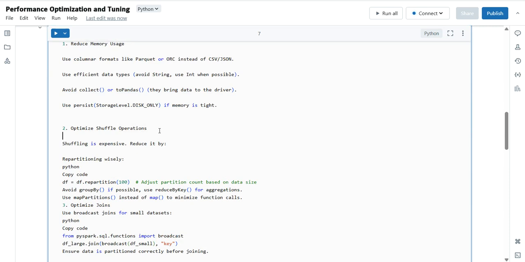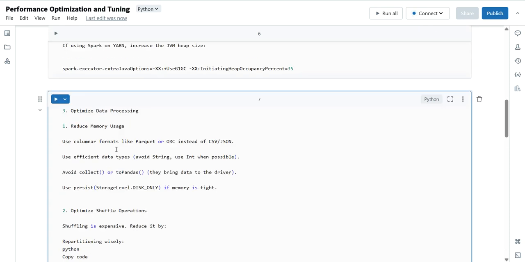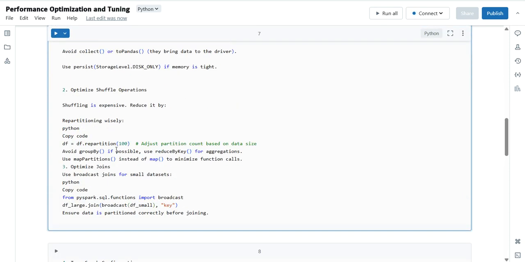Optimize shuffle operation. So we knew that this is another way. This is a part of optimized data processing. So I'm giving you a few examples. Optimize shuffle operation. So I would suggest you, shuffle is an expensive operation. We knew that. Reduce it by